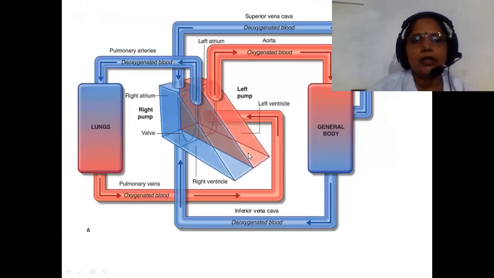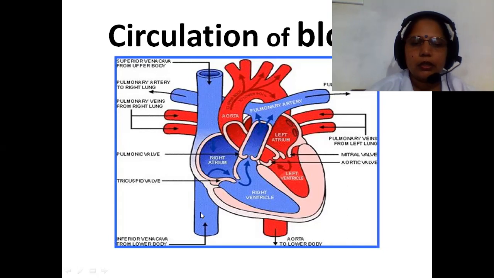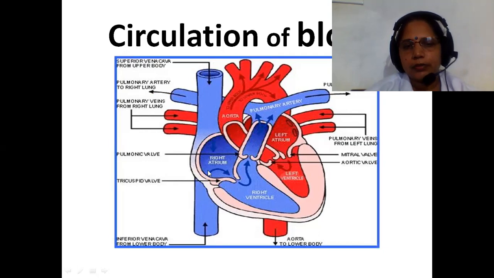And so this is the schematic diagram for the circulation of the blood. With the help of the diagram, we will see this circulation of the blood. Here, this is the complete portion of the heart. This is the superior vena cava, and this is the inferior vena cava. The blood in the superior vena cava comes from the upper part of the body, and in the inferior vena cava from the lower part of the body. So the impure blood from the superior and inferior vena cava goes first to the right atrium, then the right ventricle, then through the pulmonary trunk to the lungs, and in the lungs it is purified.